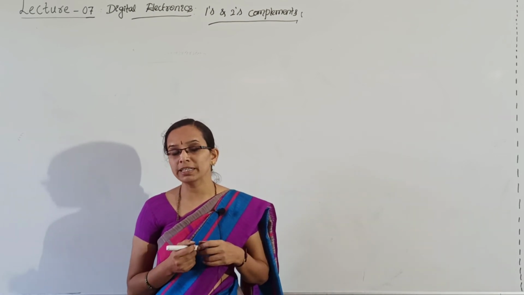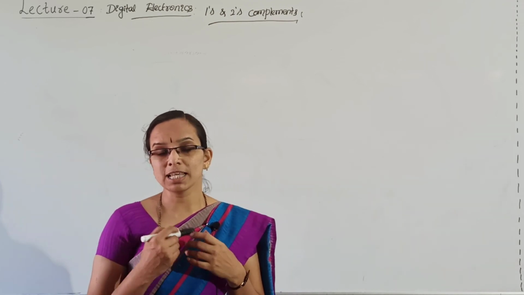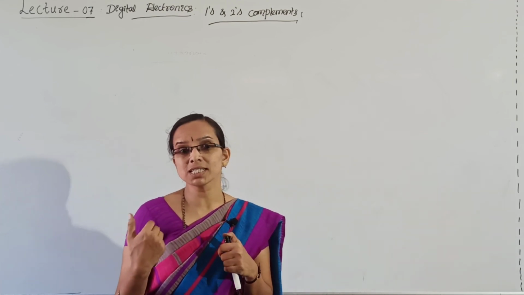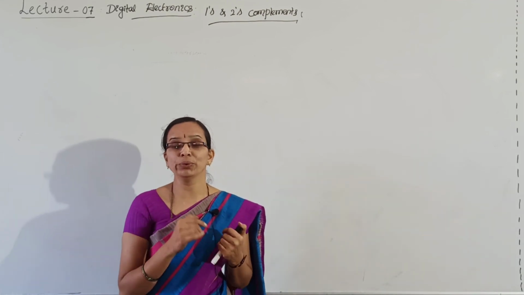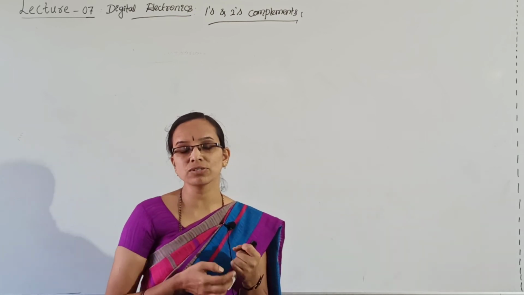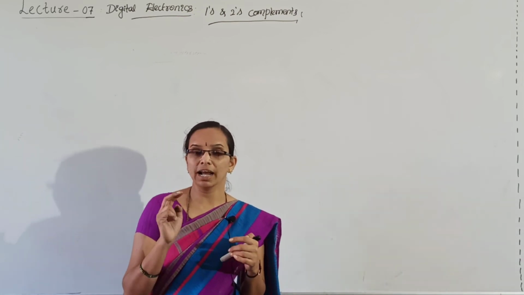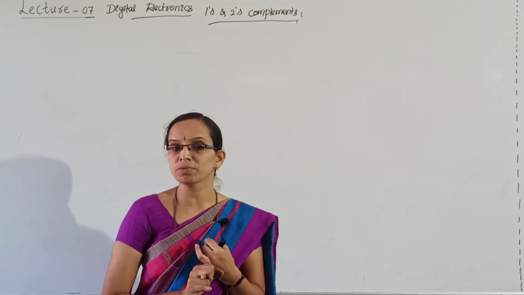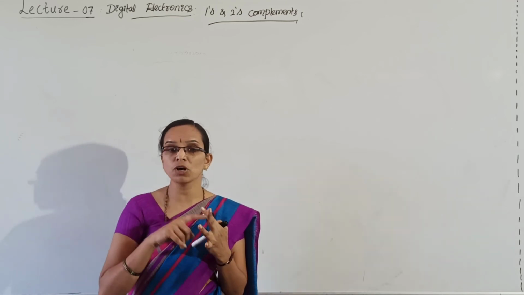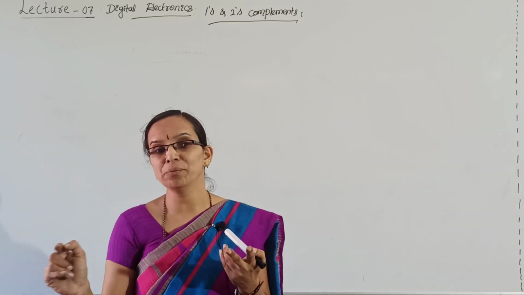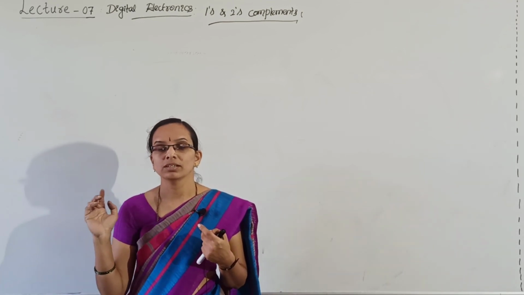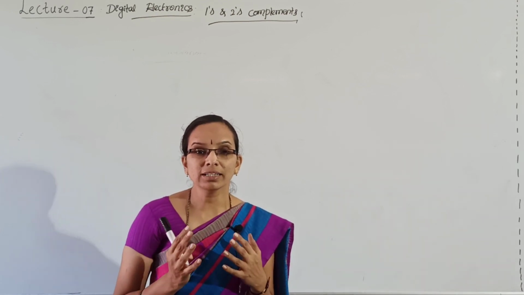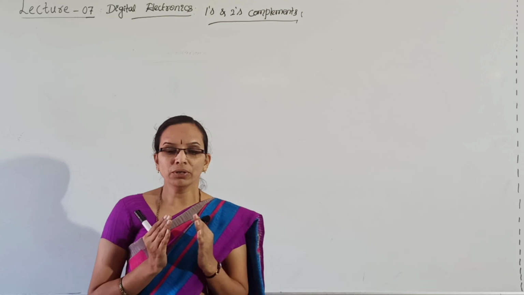In case of the 2's complement method of subtraction, the same process: you will take the 2's complement of the subtrahend, then add it to the minuend. Even in this case, you will get an end around carry. That carry you should just discard in case of the 2's complement method, whereas in case of the 1's complement, you will discard it and add 1 to the final answer you have got. So don't get confused with both, don't make such mistakes.